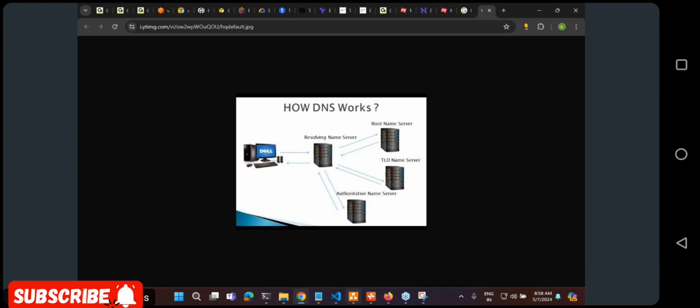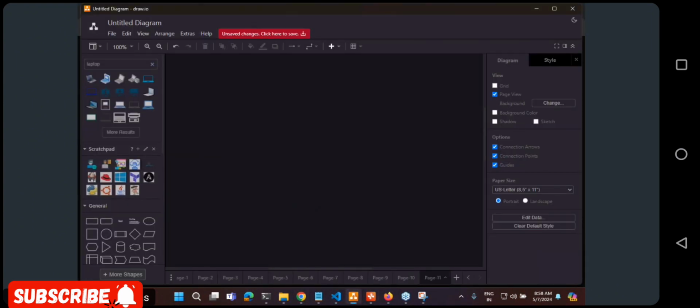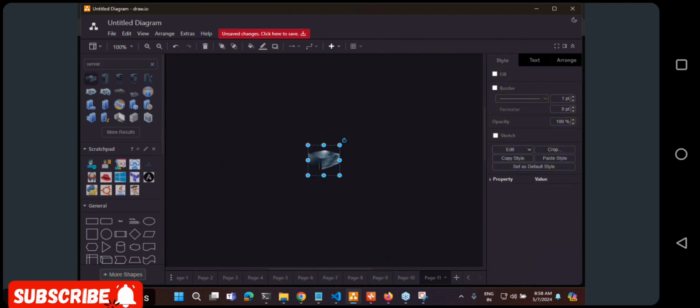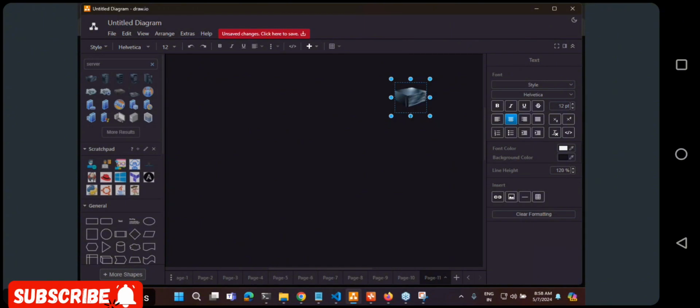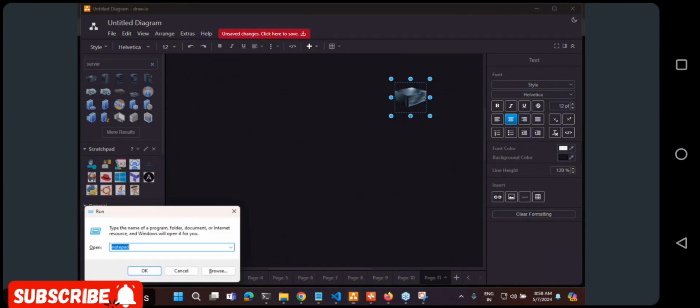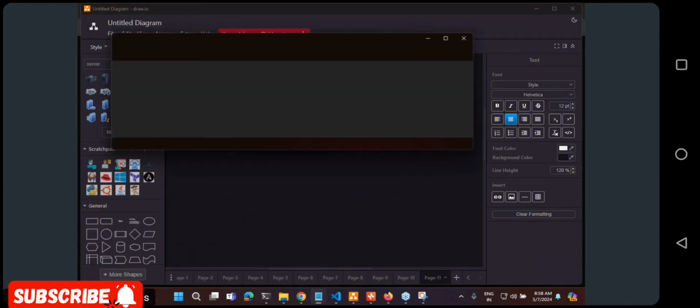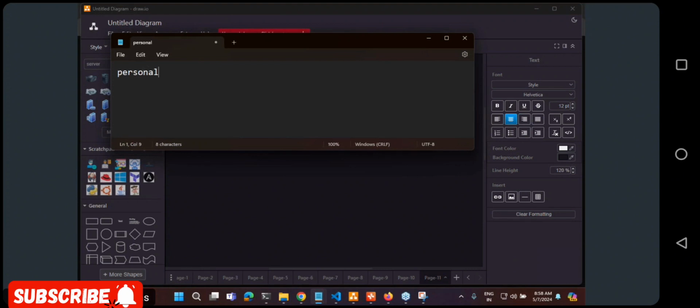In the root name server, let us assume that this is a root name server. So in this root name server, what is my domain's name? Personal calculators dot in. If I try to write it in reverse order, do you agree that it is in dot personal calculators?